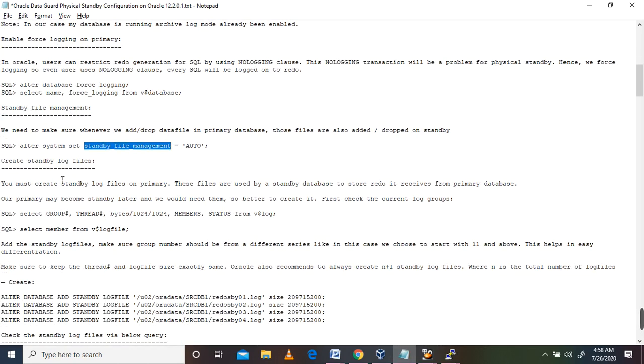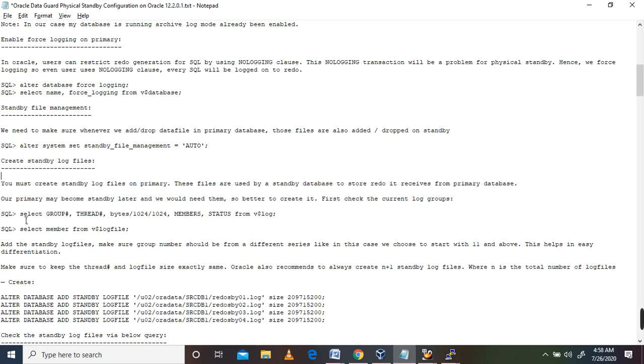Coming to the next one, create standby log files. You must create standby log files on primary. These files are used by a standby database to store redo received from the primary database. Our primary may become standby later and we would need them, so it is better to create them first. Check the current log groups.